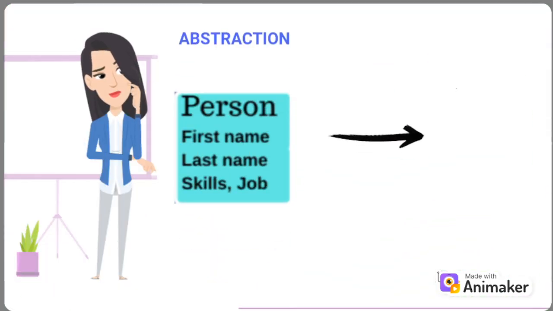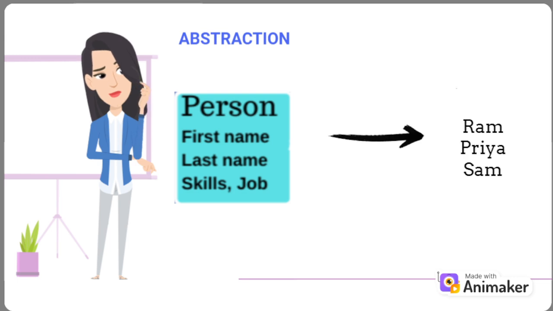Abstraction hides complex details and shows only essential features. For example, an abstract person class defines common attributes like first name, last name, skills, and jobs. Specific persons like Ram, Priya, and Sam use these common attributes, simplifying how we interact with person objects while hiding